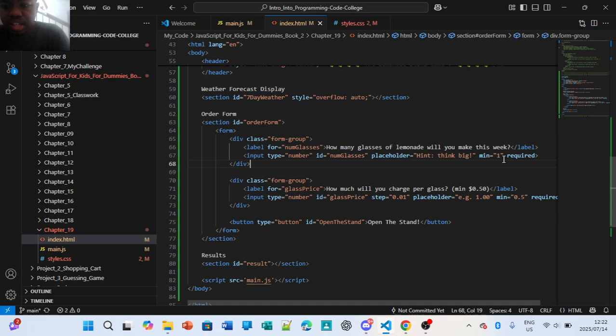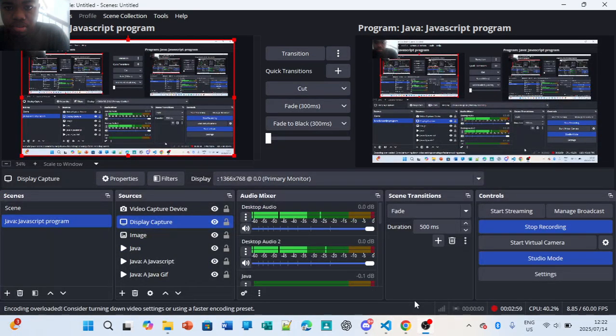The ghost value that we have holds a value until you actually put an input value in there. So for now, before you put a value in there, it's just going to show the placeholder, right? Then button type button, open the stand,